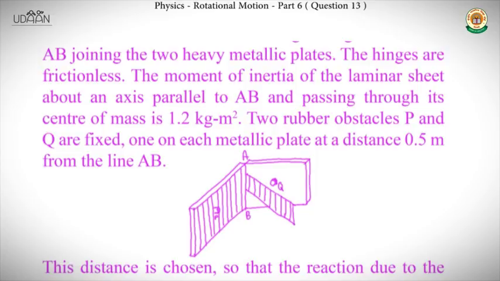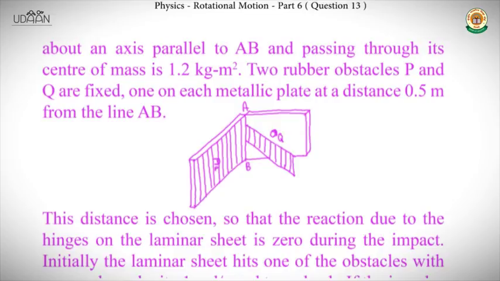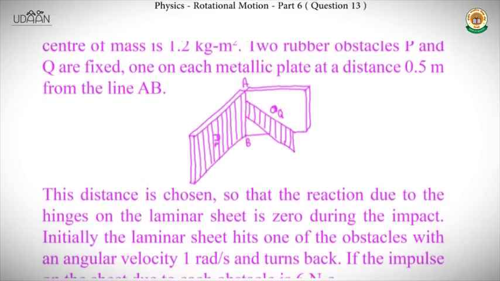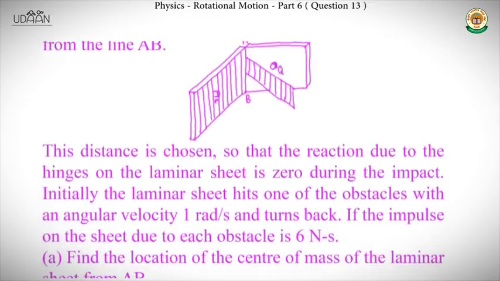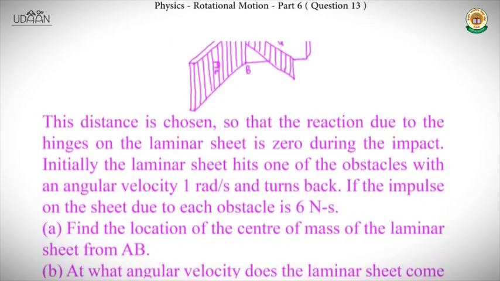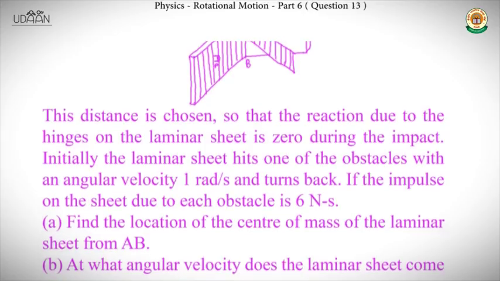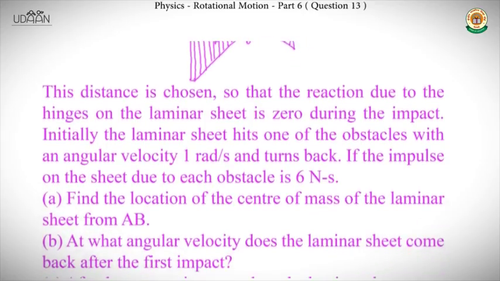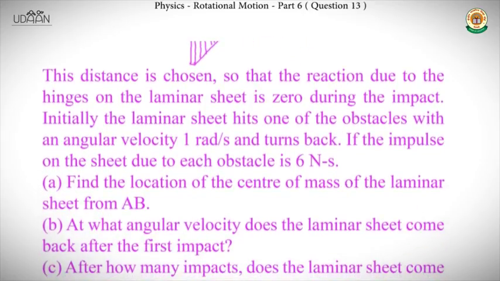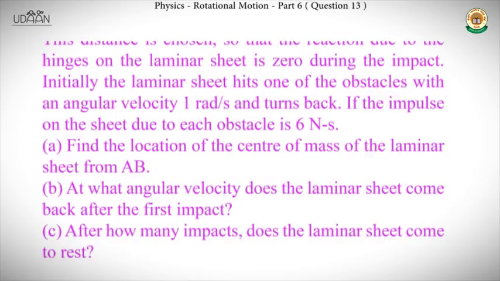Two rubber obstacles P and Q are fixed, one on each metallic plate at a distance 0.5 meters from the line AB. This distance is chosen so that the reaction due to the hinges on the laminar sheet is zero during the impact. Initially, the laminar sheet hits one of the obstacles with an angular velocity of 1 radian per second and turns back. If the impulse on the sheet due to each obstacle is 6 Newton second,